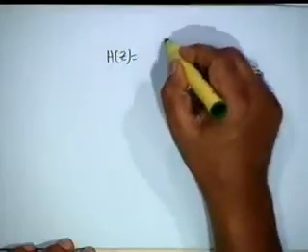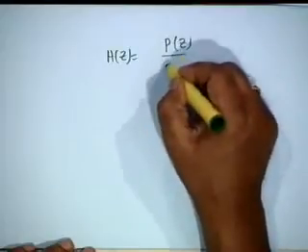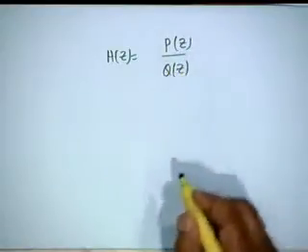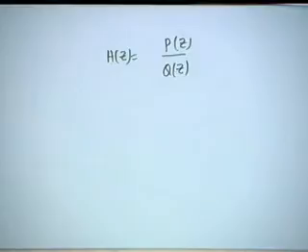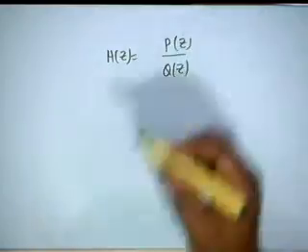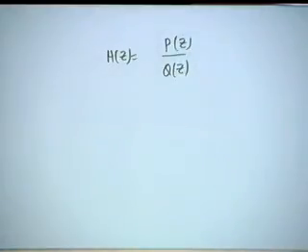Now, when you express the transfer function as, let us say, p of z by q of z, the zeros of q of z are of course the poles of the system and the zeros of p of z are the zeros of the system, and you know how we represent them in the z plane by means of crosses and small circles.